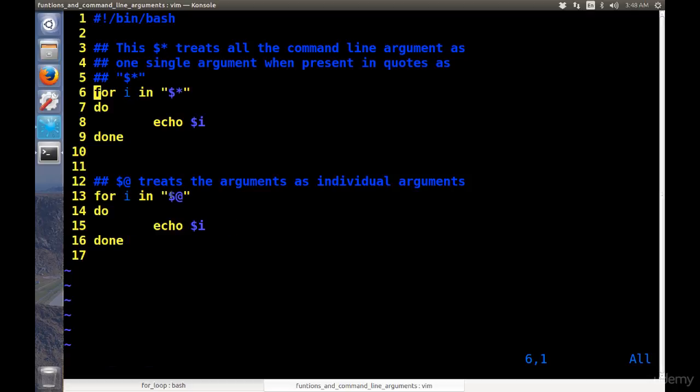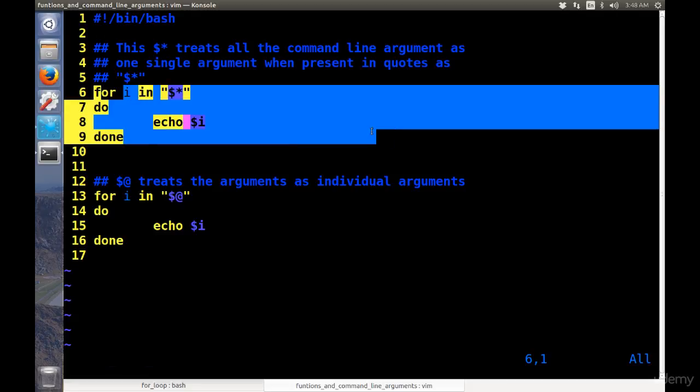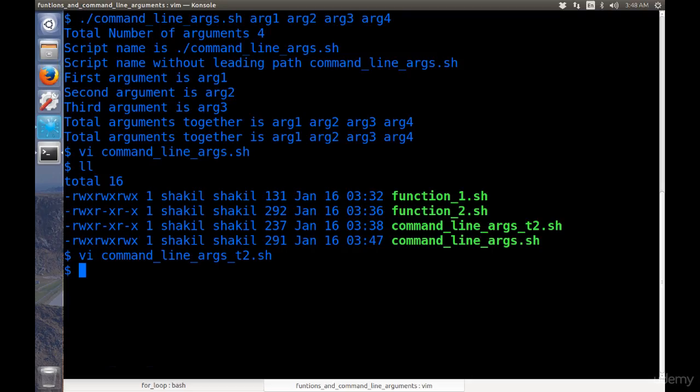So which means if I give 4 arguments, I will iterate 4 times. So first time I will say argument 1, then argument 2, then argument 3, then argument 4. Same argument, if I pass it here in this case, $*, it will take arg1, arg2, arg3 as just one argument, and in one single shot it will give me all the arguments. So let's run this program